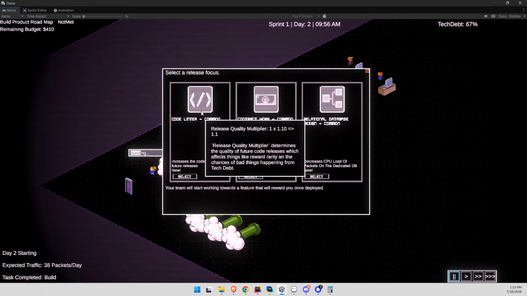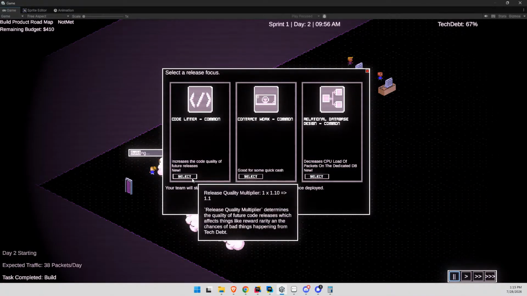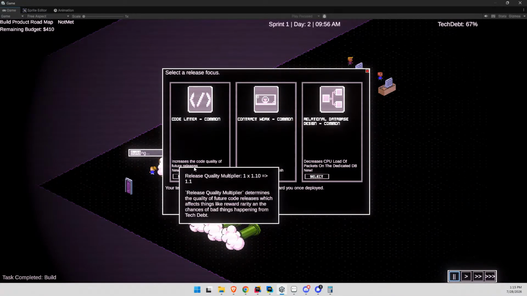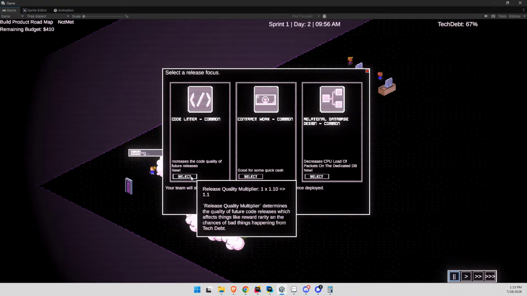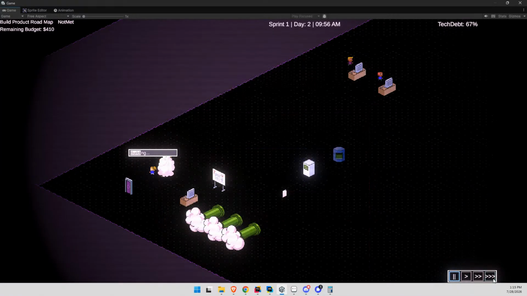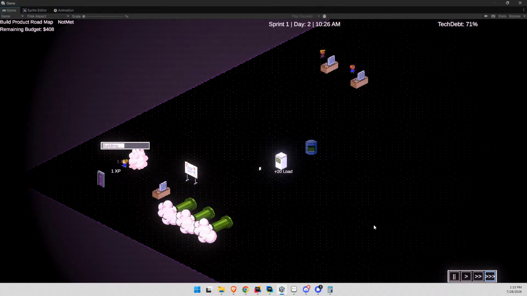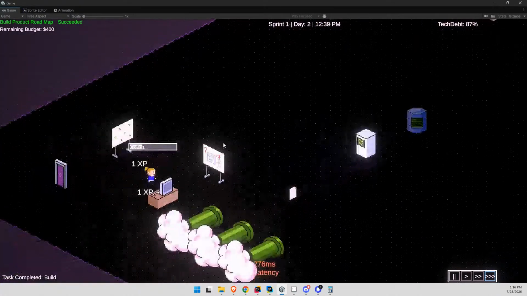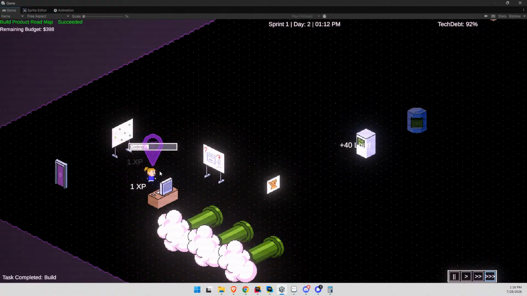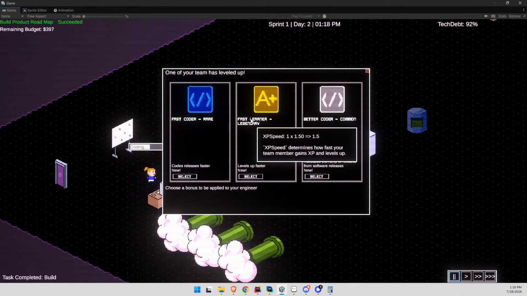So this one, I like Code Linter a lot because it increases the rarity of the future releases basically right there. And so I'm going to select that and confirm and send it. So there we go. And so you can see now that they're coding. Oh, I like that. Oh, so fast learner, legendary.